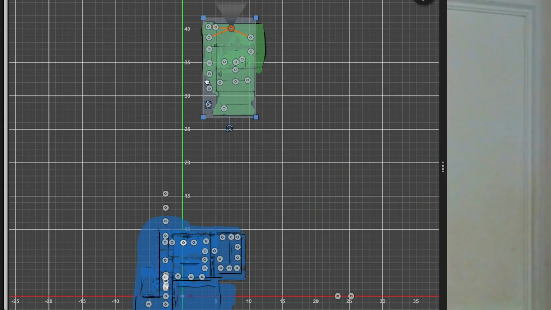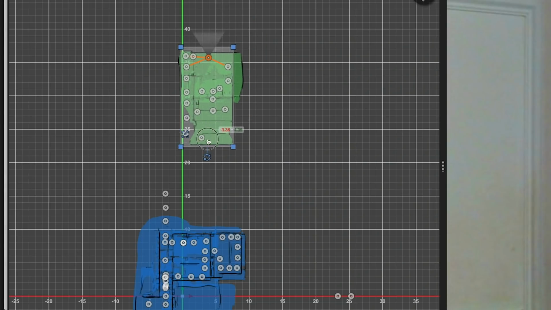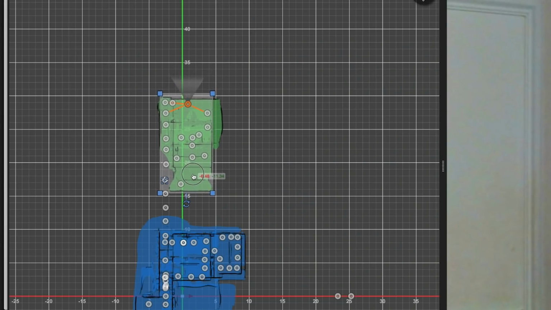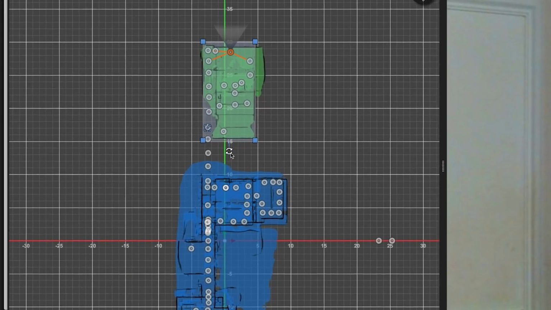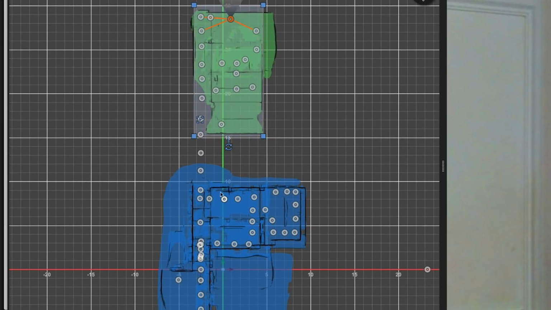Which means our lines are going to be more or less straight. So now I'm just going to drag this into position. I think it was roughly about here. When I zoom out, that is looking more or less accurate to what the actual floor plan looks like. Now we need to connect these two and tell Cupix that this is one continuous level.